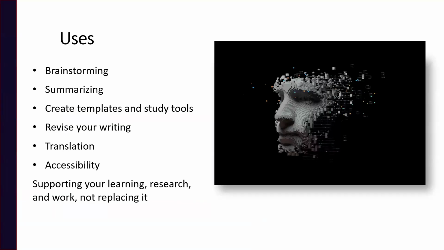So what can you use AI for? There are a lot of different ways of using AI in an academic setting. It's a great tool for brainstorming ideas. If you have a broad topic you think you want to do research on, or you want to see what other ideas are out there, brainstorming is a great way to get new ideas sparking. Like I said, it's being used in academic databases to help summarize articles. So in addition to the abstract in an article, you can use a summary tool to quickly see if this is an article that you would want to use in your research.